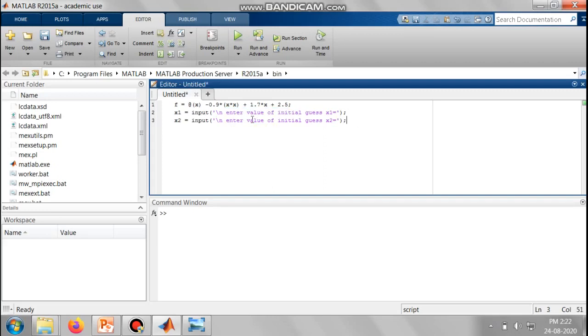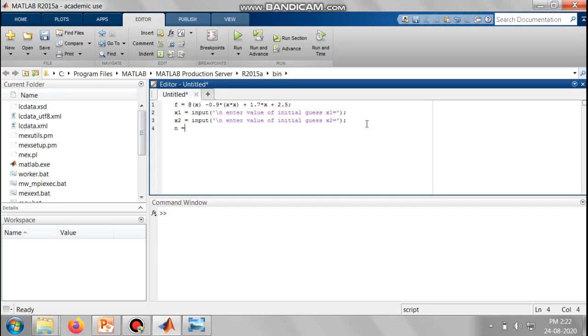As I already said, this will be printed after running the program, and which will be observed by the user, and the respective value of x1 and x2 will be printed. So the statement which you need to highlight after running the program has to be accumulated between two single quotes. So now let us go to the next line where we have to declare the number of iterations.